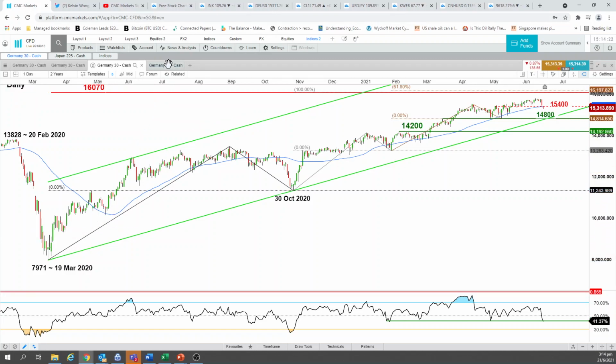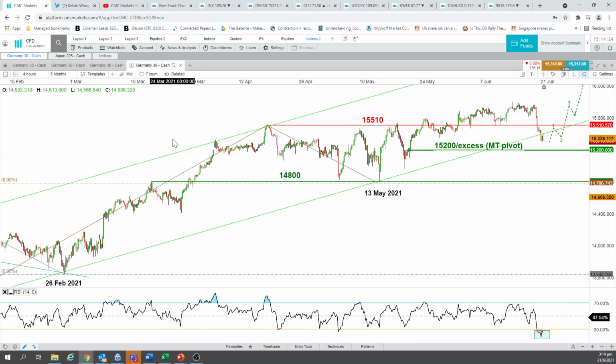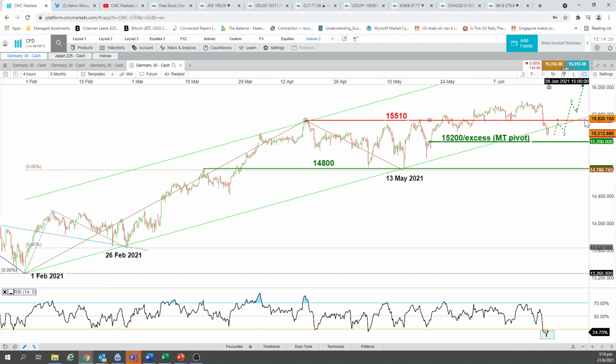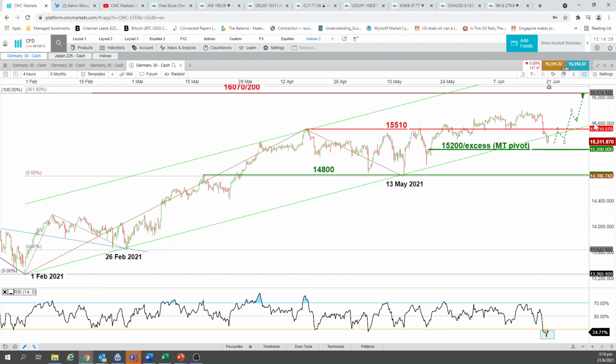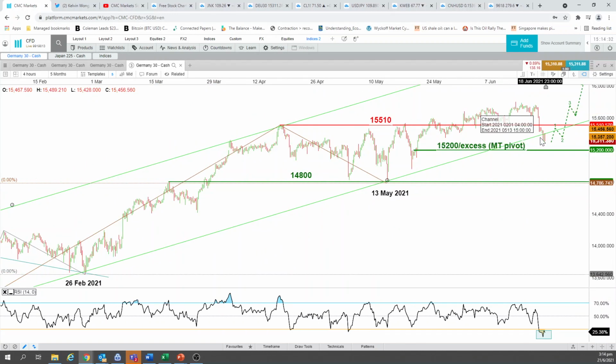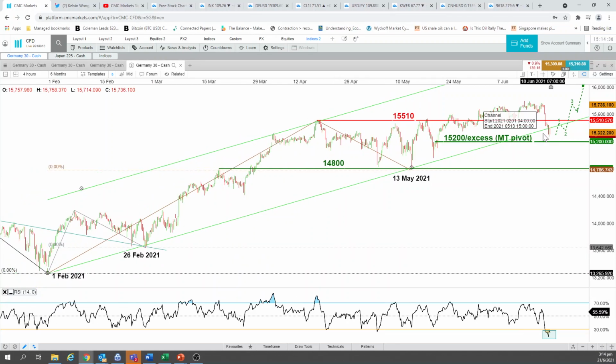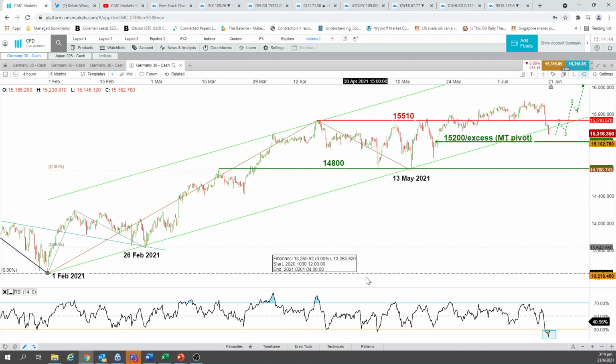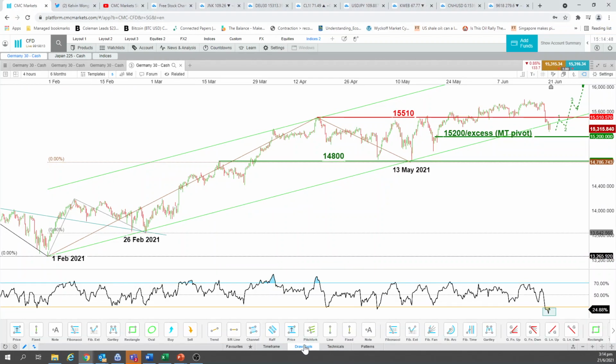Instead, I will tolerate the excess on the 4-hour chart and consider that a bit of noisy movement, what we see at this 14,400 level. So I will tolerate a bit of noise. What is this level over here? If I were to draw a Fibo retracement at 15,200, for you all to see, taking from the low, which is the start of this minor ascending channel, 1st of Feb,